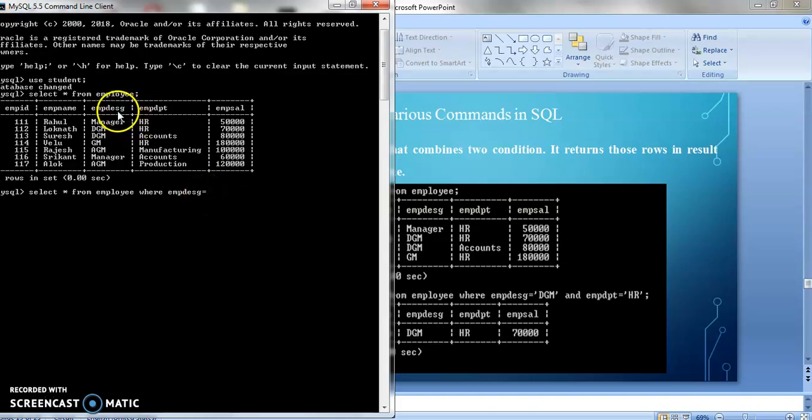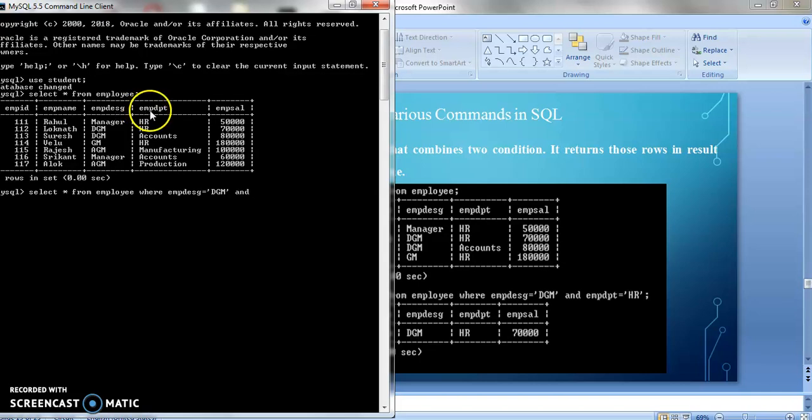The employee designation data type is varchar, so I will write DGM in single quotes. Whose data type is varchar or char, the value should be written in single quotes, and whose data type is numeric, the value should not be written in single quotes. The value will be written without single or double quotes.